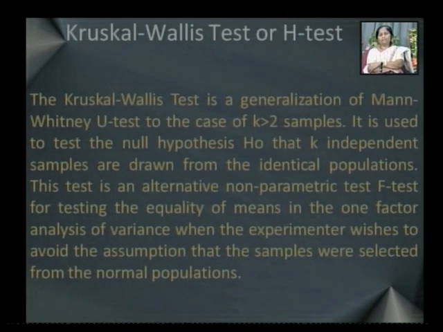So let us recollect that in parametric tests, the F test has been applied for testing the variability, okay, and if there are two populations,